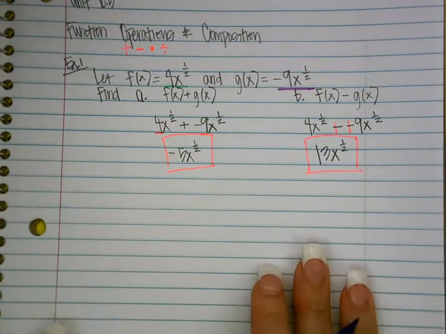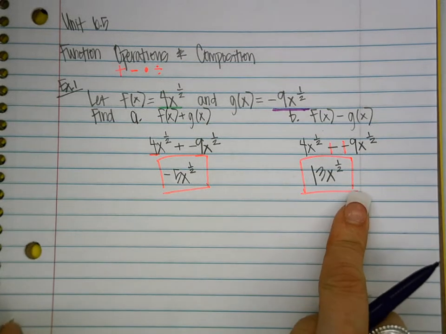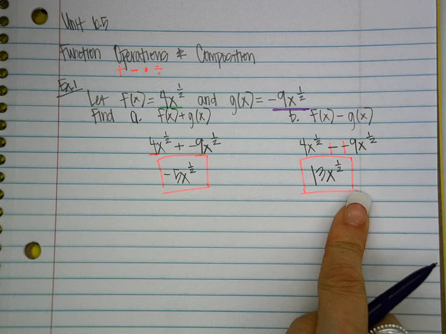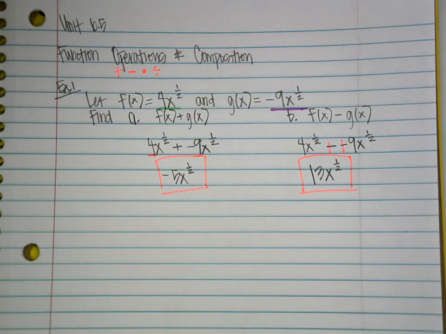Now, on your homework, it is also going to ask you to state the domain for each of these. We are skipping that part. Any part on your homework that says state the domain, you can skip that. That's why it says up on the board, skip domain. You still have to do all the problems, but you don't have to do all the parts for